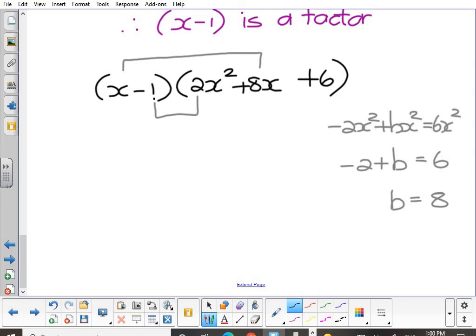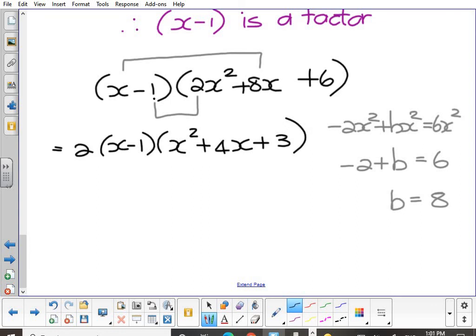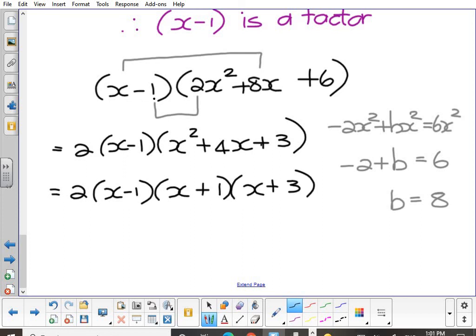I'm going to just finish and I'm going to have a look. So the first thing that I already see here is, wait a minute, I'm going to take out a 2, and I'm going to be left with x squared plus 4x plus 3, which makes my factorizing process of the quadratic so much easier. I need factors of 3 to add to get 4. Isn't that 3 and 1? So I'm going to be left with x minus 1, x plus 1, x plus 3. Signs are the same. Both are pluses. And there's your problem then